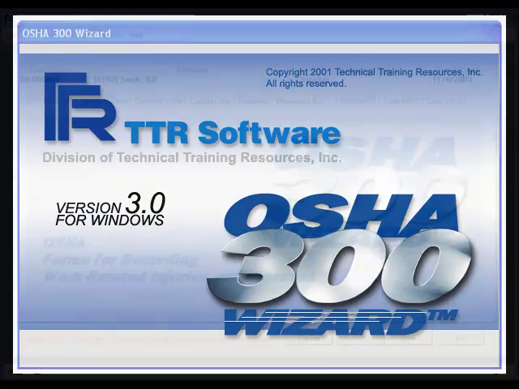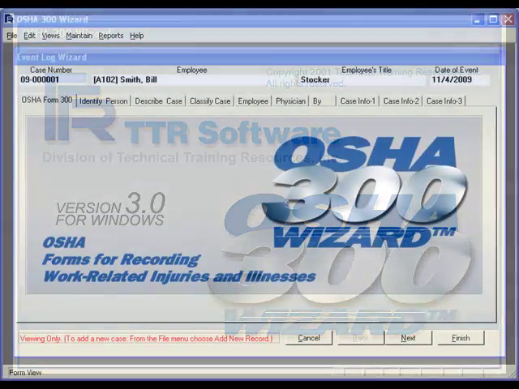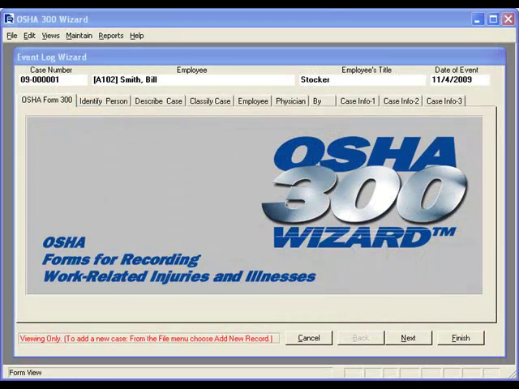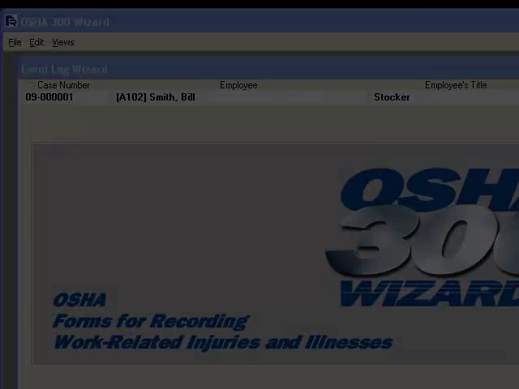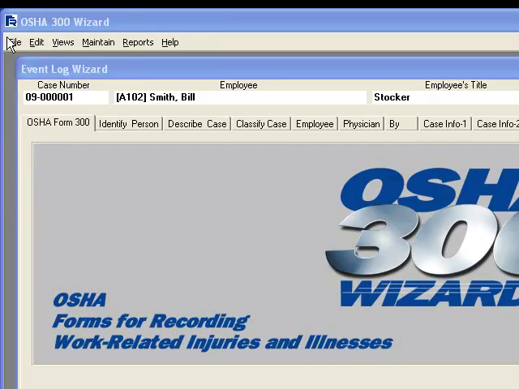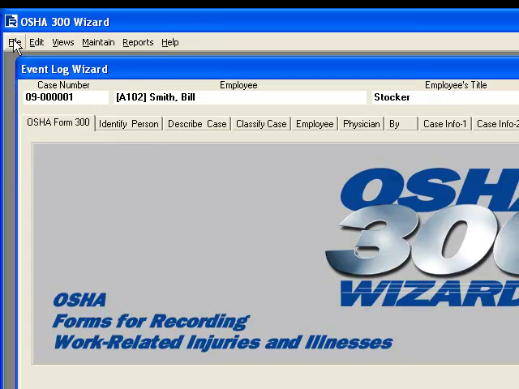The first thing you will likely notice is the graphics. We design all of the graphics and color schemes for any software we develop. Second, you will notice something seldom found in many Microsoft Access applications, and that is a standard Windows menu, with the same kinds of menu options you see in most other Windows applications. So the OSHA 300 Wizard immediately feels familiar to the user, saving a lot of time searching for how to